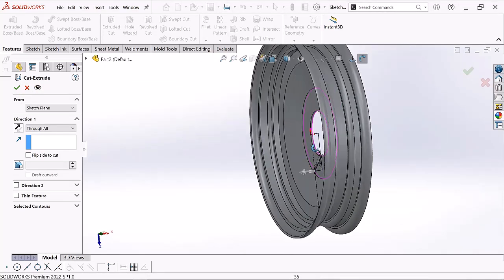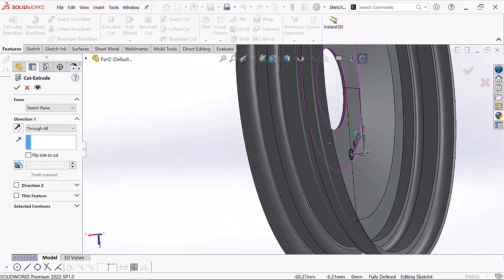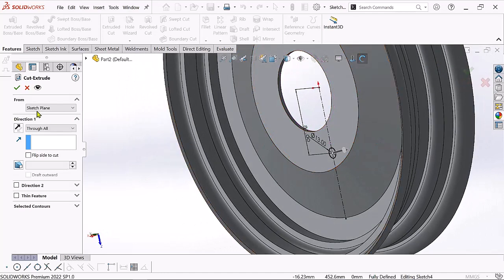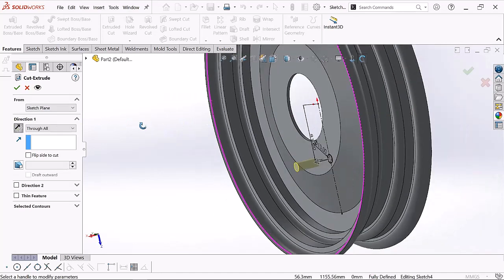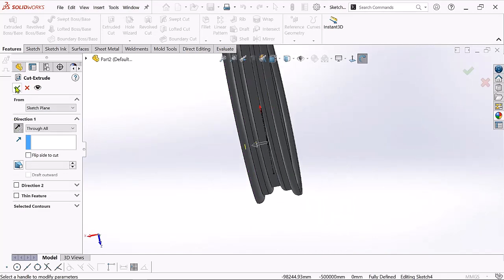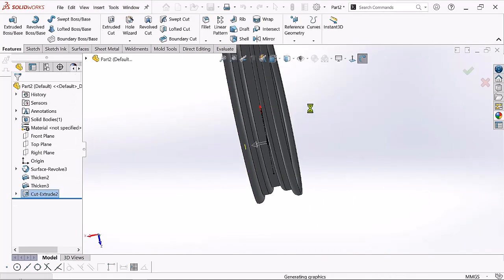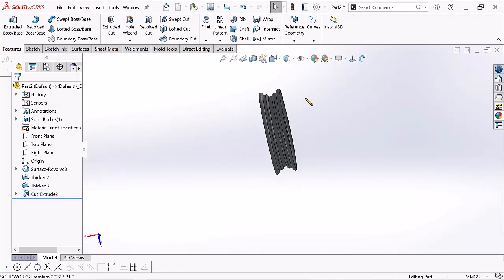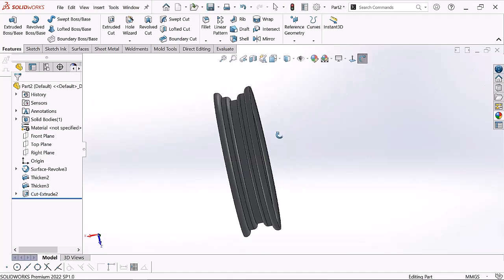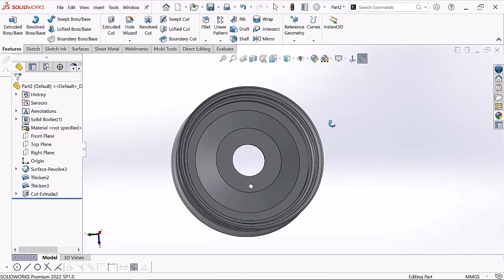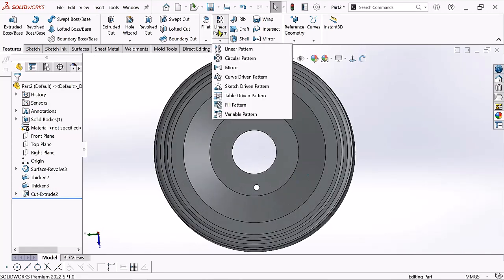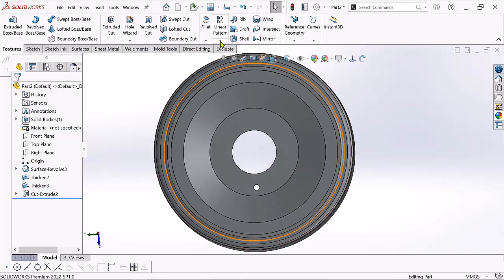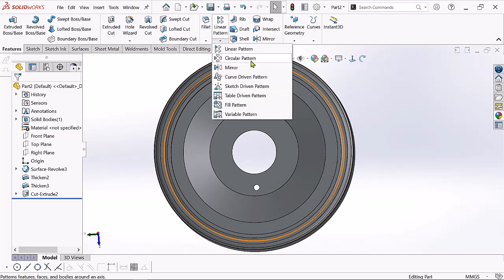So sorry, you have to change this direction. And just click OK. Now see, the hole is created. Go to linear pattern and click circular pattern